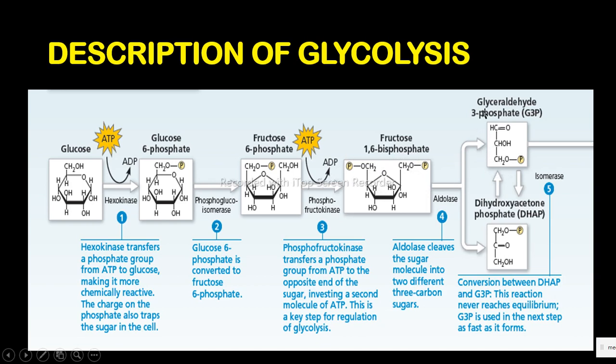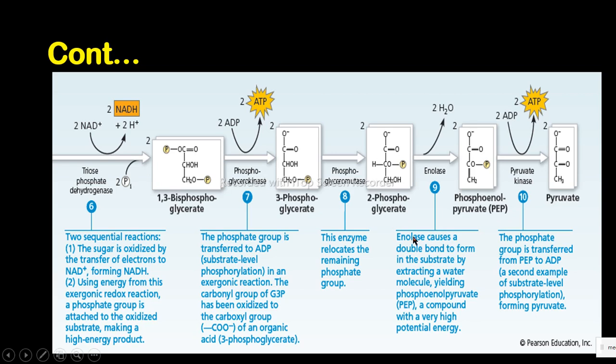3-carbon compounds, that is glyceraldehyde 3-phosphate and dihydroxyacetone phosphate. Then we say that they are interconvertible, and so since they are interconvertible, they will proceed, but we can't follow the two, we follow one. Whatever is happening on this one is also happening on the other